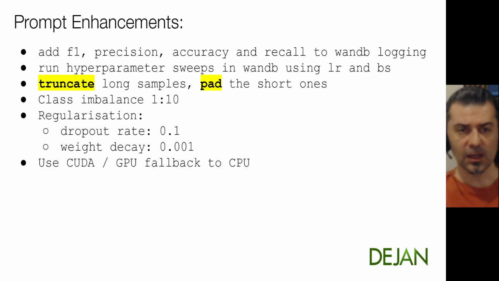We're truncating the long sample, so if there's an outlier search query that exceeds the length that we specified, it'll just clip it. And if there's something that's too short, it'll pad it. And that means that they're all equal, they're all of the same size when they get fed into the model. It's just something to do with the architecture of the GPUs and how they like data fed into them.